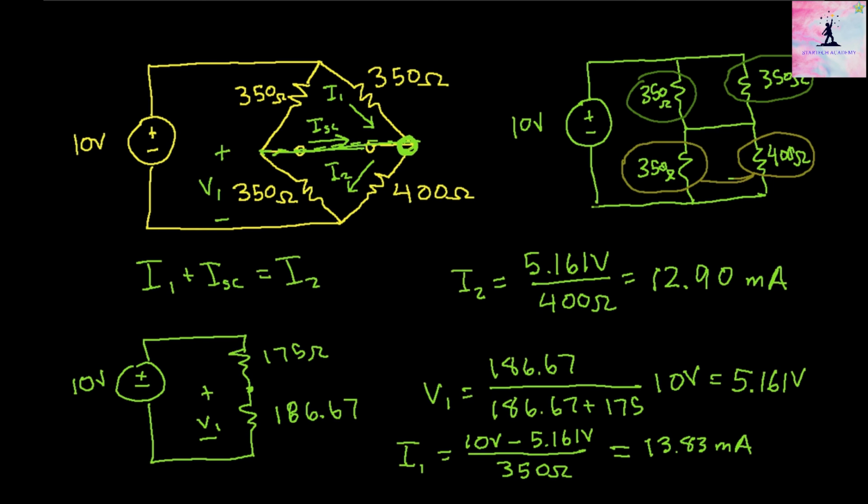From this we can compute the short circuit current, Isc, is going to be I2